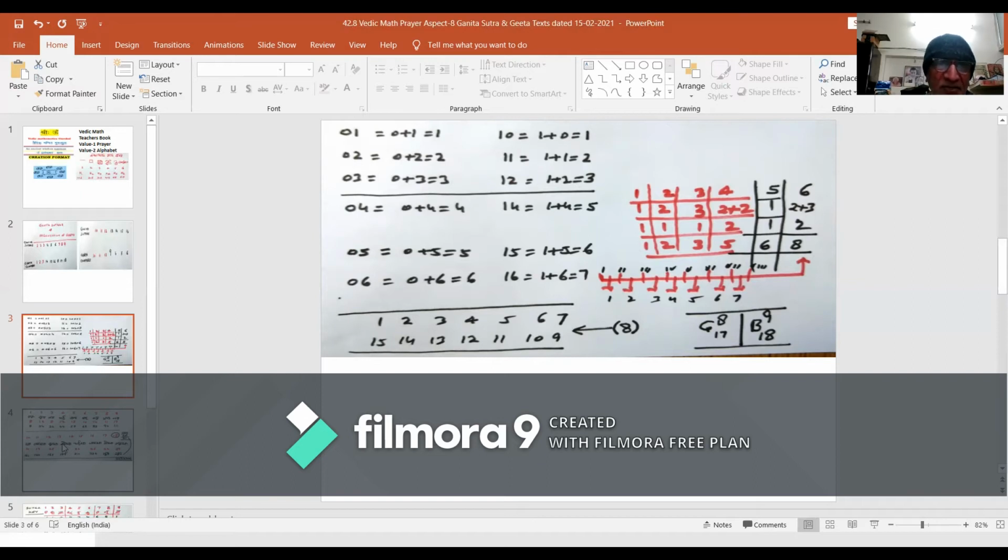A step ahead, 06 leads us to value 0 plus 6 is equal to 6, while 16 takes us to 1 plus 6 is equal to 7. The factors of range 1 to 6 is 8. Here we will have an appreciation as to how 8 points range is having 7 gaps.